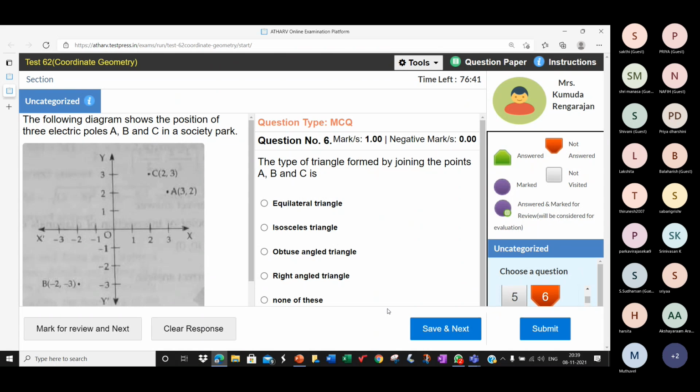You can also check with AC, but they're so close. You can find AB, find BC, find AC. No two sides are equal, so it's not isosceles. It's not equilateral. So is it right or obtuse angled?